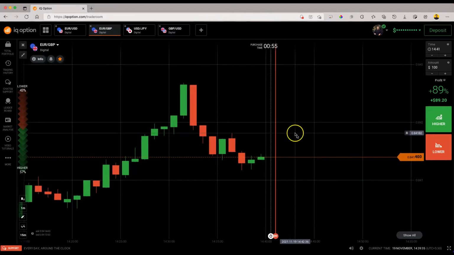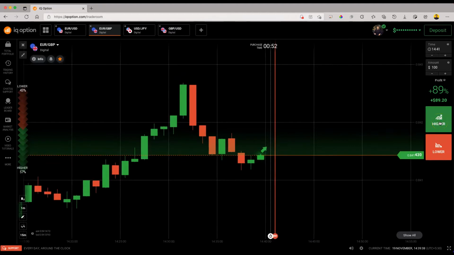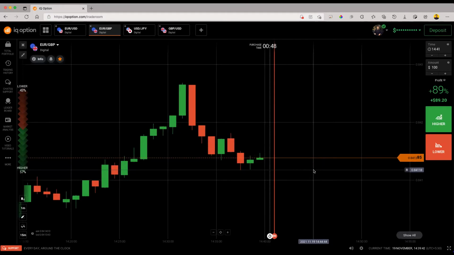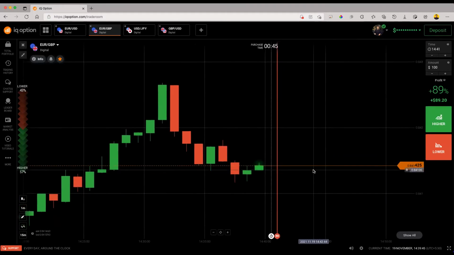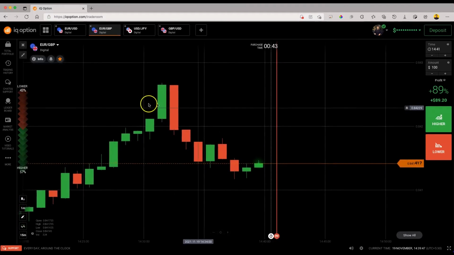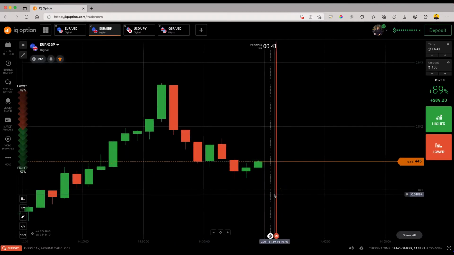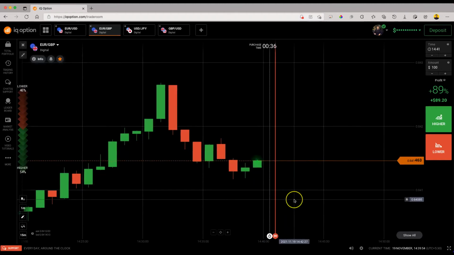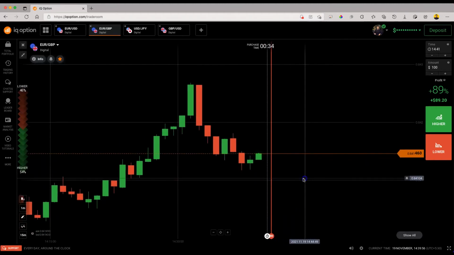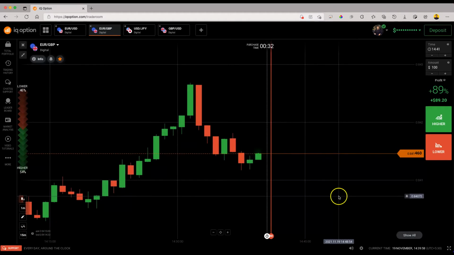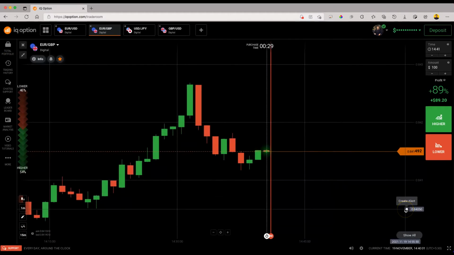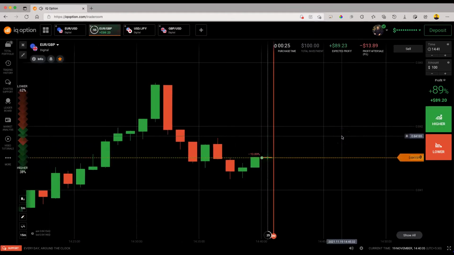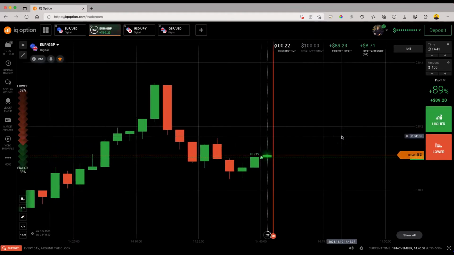We have to go for the Euro GBP call trade once we have the proper formation. Now here you can see the smooth formation has happened in this chart. So therefore we are going to go for each and every trade after the formation. What is the smooth formation? You will learn in the binary option trading course. So going for the call trade. Yes. Our trade has got executed at the right point.